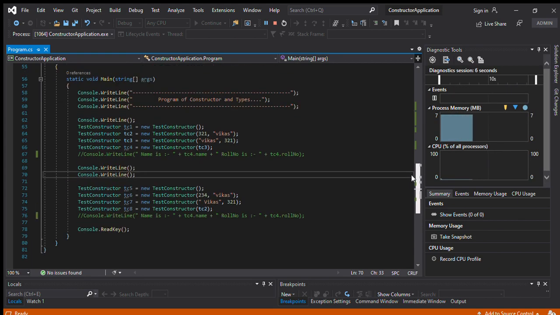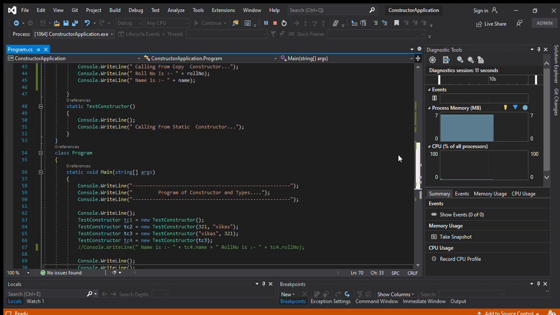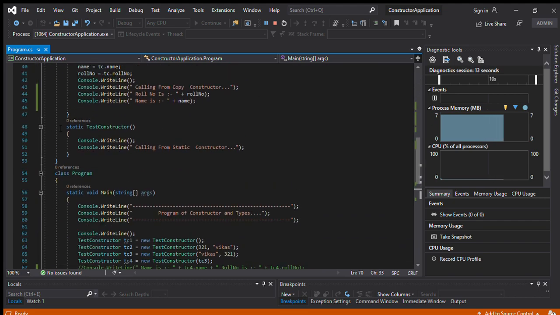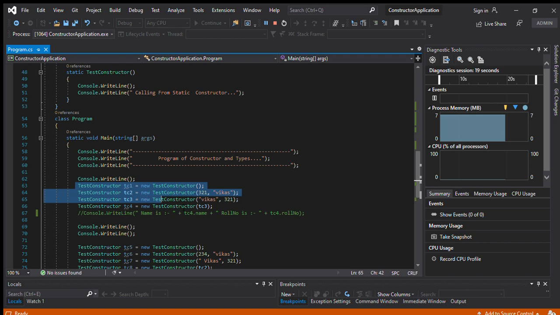static constructor. What is a static constructor? A static constructor is called only one time. In the following example, I call the first four methods at the first time, and at that time the static constructor is also called.